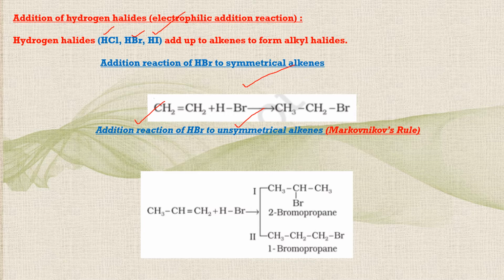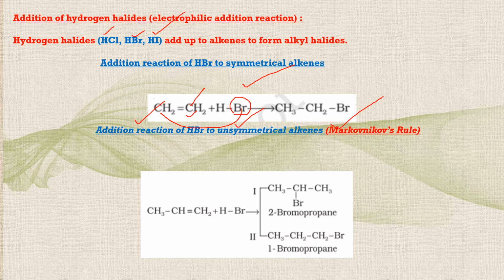You just have to attach Br on one carbon of the double bond, like this Br is attached to this carbon and H to the other carbon. It may be other way around also. You can attach Br to this carbon and hydrogen to this one. So in any case, you are going to get bromoethane. I am not getting different products by changing the position of Br.